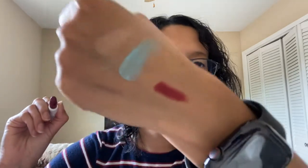You know what? I said I was going to swatch things, so I'm going to swatch things. And that's what it looks like. Pretty color. We now have an ultra blotted lip in Vitamin C, as in an actual C, which I think is kind of a cute name. And this is what it looks like. I'm not going to open this one and swatch it just because once you pop it,